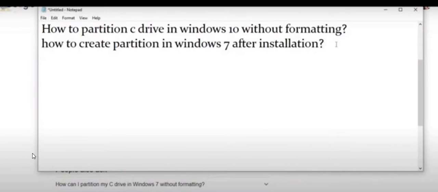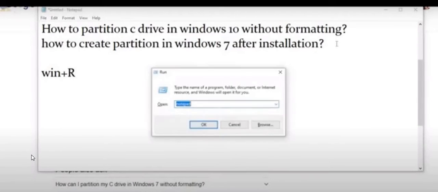For this, first of all, you need to press the Windows and R keys together. I will first tell you where the Windows key is on your keyboard. On the left, very bottom side of your keyboard, in the last row, you will see a Windows logo key, a four square key. You need to press and hold that key, and along with it press the letter R. If you press both keys together, then a Run box will appear on the computer.